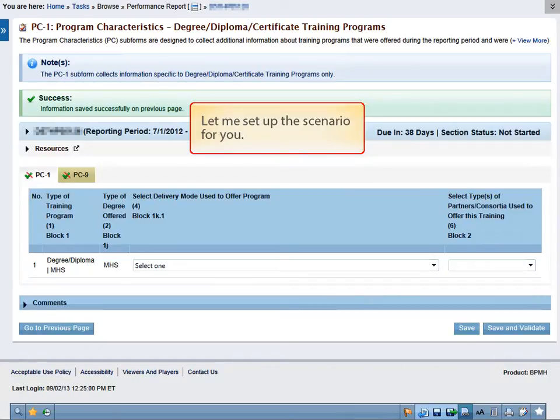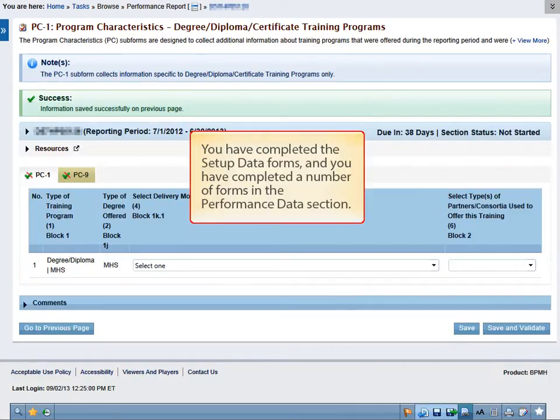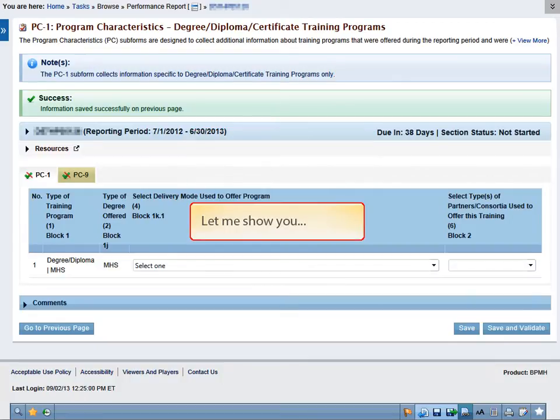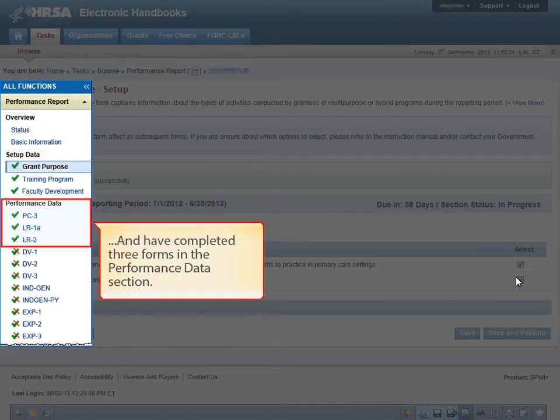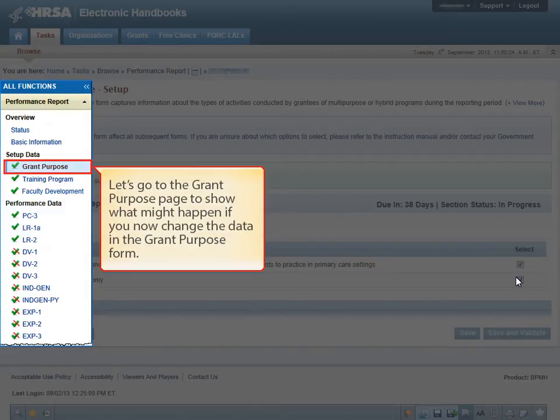Let me set up the scenario for you. You have completed the Setup Data forms, and you have completed a number of forms in the Performance Data section. Let me show you. The left navigation panel shows that we have completed the Setup Data section, and have completed 3 forms in the Performance Data section. Let's go to the Grant Purpose page to show what might happen if you now change the data in the